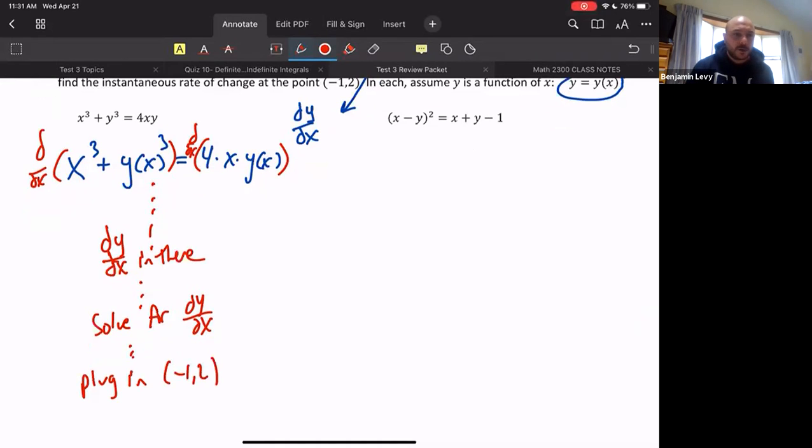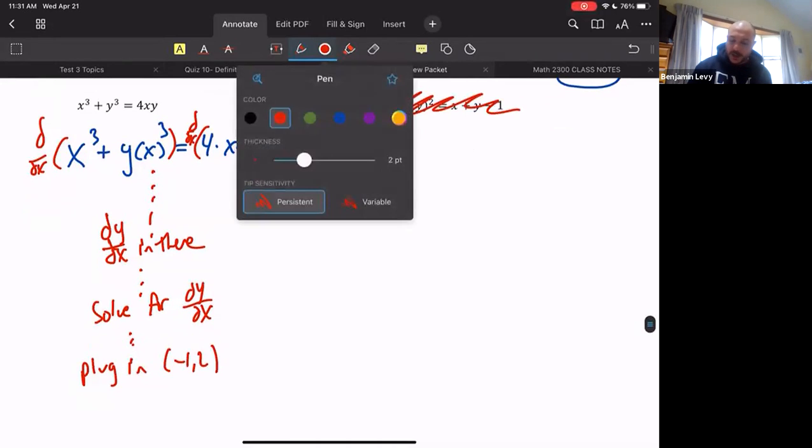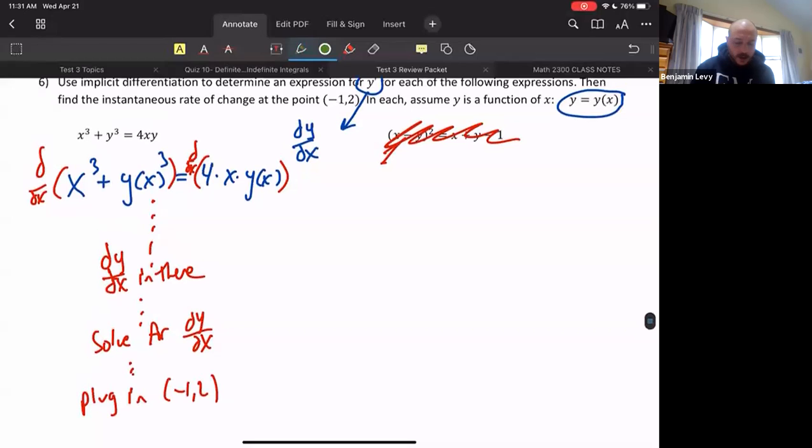I would like to focus on maybe doing the whole thing, but one step at a time. First, differentiate it. Let's forget about the second problem for right now, and just do these steps one at a time. I would ask you to try it. You need to be able to do this in a couple days. We just sort of reviewed it. Think about how that's going to work.